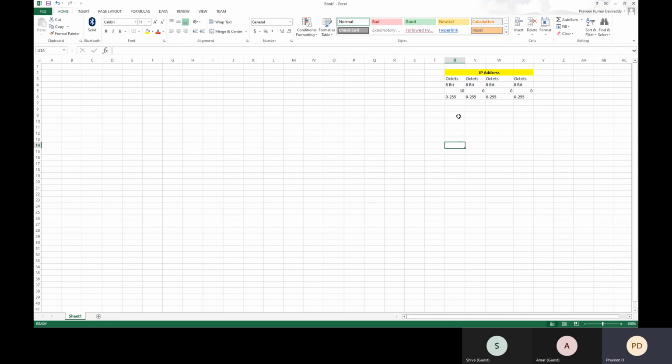Also, if you remember the classes of IP address range, we may have heard that there is class A, class B, class C, class D, class E. Class A starts from 0 to 127.